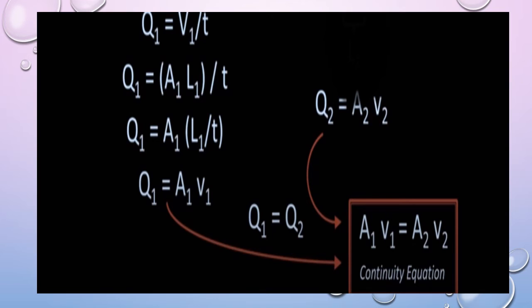This is the key realization that the two fluid flow rates are equal. So we can write Q1 is equal to Q2. Now if the two fluid flow rates are not equal, then some of the fluid may flow back, and this equation Q1 is equal